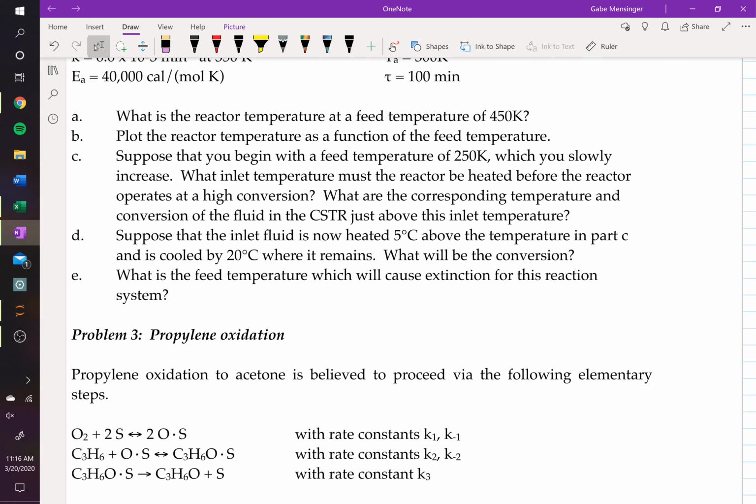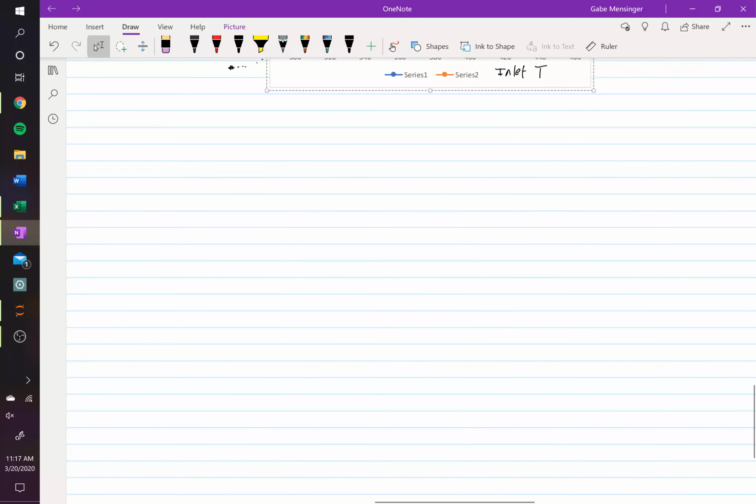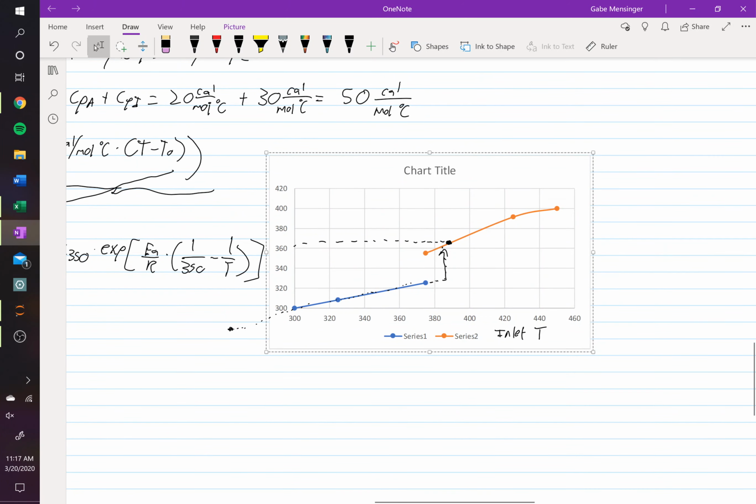Suppose that the inlet fluid is now heated 5 degrees above the temperature in part C and is cooled by 20 degrees C where it remains. What will be the conversion? So, looking back at this graph,